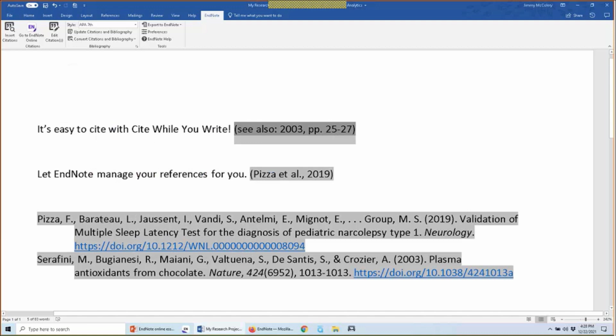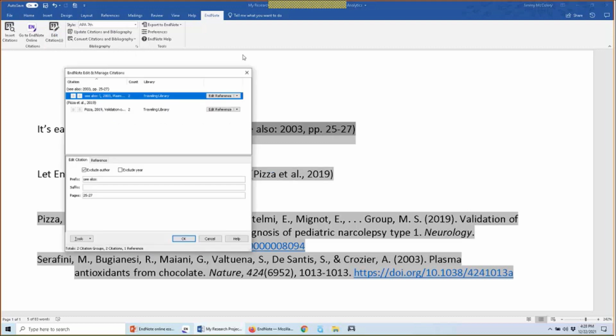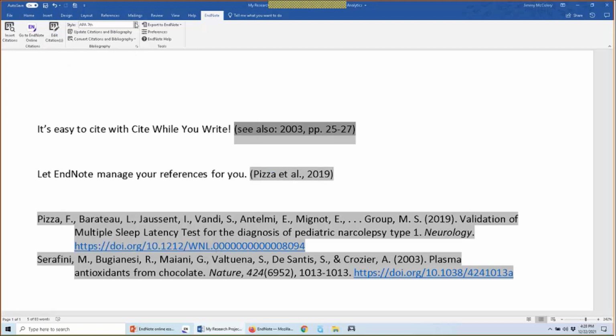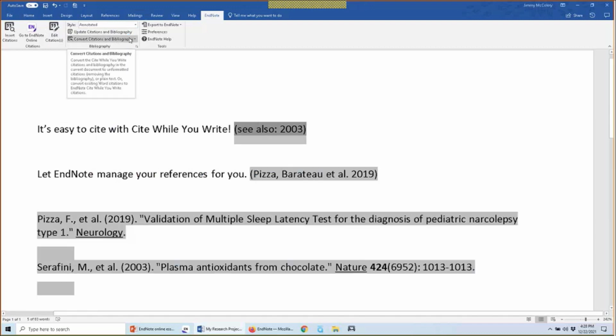I did just want to quickly point out, not every style is set to use that pages field. So if we return to Edit Citations, or actually, excuse me, let's go ahead and reformat with a different style that's not set to use that pages field, like Annotated. We see when we reformat, even though we have pages field information, it will not be displayed here because that style is not set up to use cited pages. If you're working with EndNote Desktop, you could customize the style to include cited pages, but for EndNote Online, if